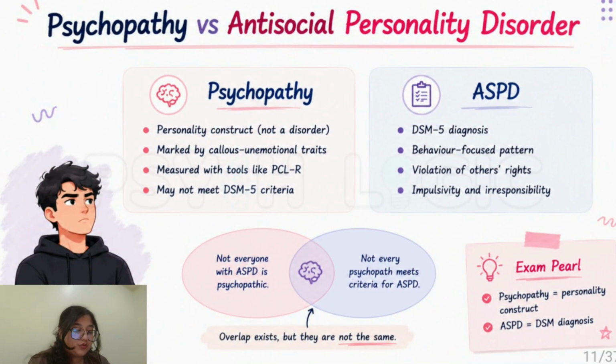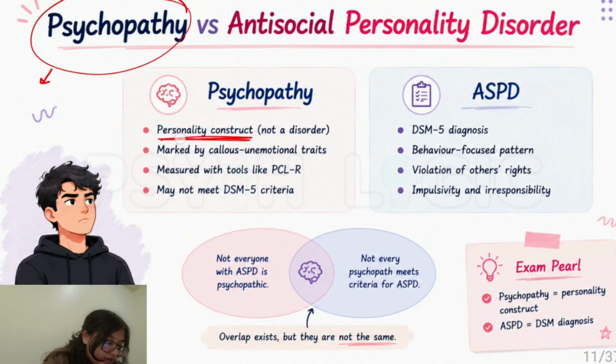Now, one main difference that we need to understand is psychopathy versus antisocial personality. This is because a lot of TV shows, movies, and everyday conversations think that a psychopath and someone who's antisocial are the same thing. They are related, but they're not identical. First and foremost, antisocial personality disorder is a diagnosis in DSM-5. Psychopathy, on the other hand, is just a personality construct. It's not a disorder. And another thing you need to remember is that it is measured by a tool called the Psychopathy Checklist Revised, PCL-R. The full form is